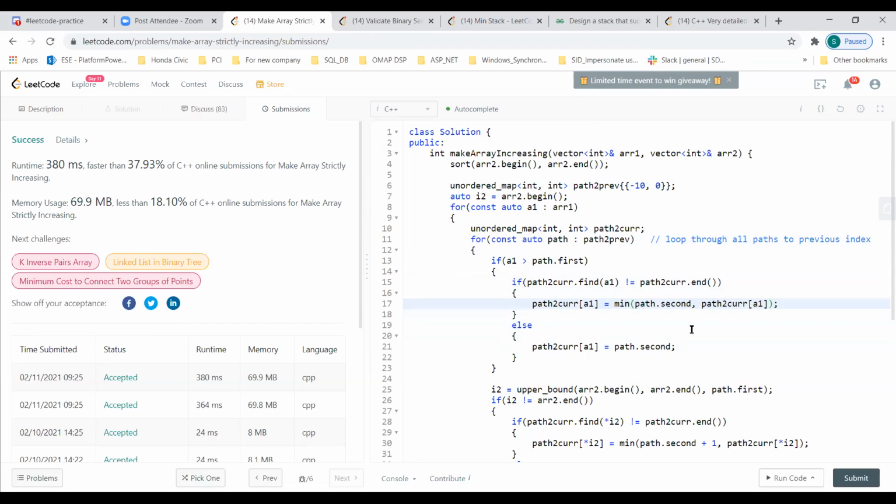But we are having only two. Because if you come here and you don't find, you won't be able to use minimum.